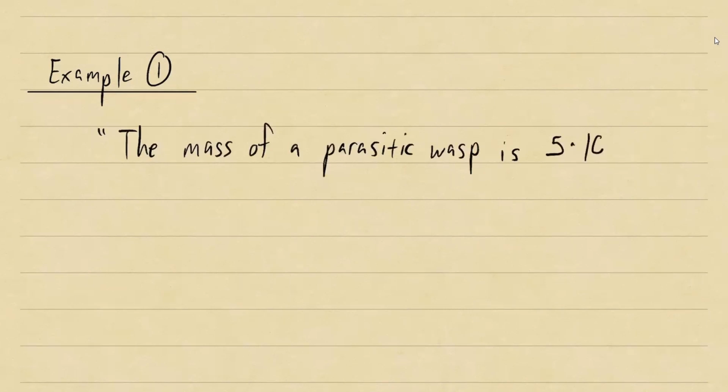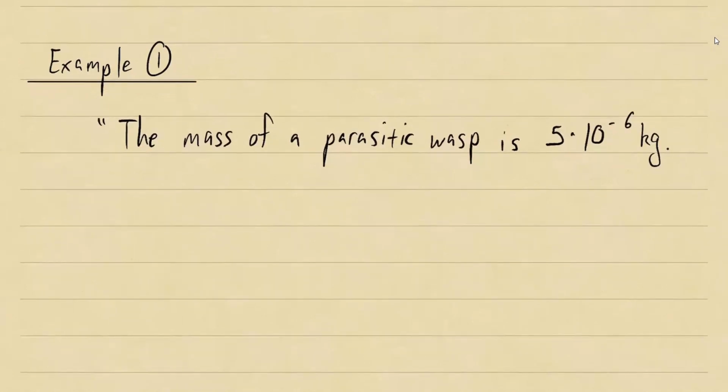the mass of a parasitic wasp, I don't know why I chose that, is 5 times 10 to the negative 6 kilograms. So this problem is asking, what is this mass